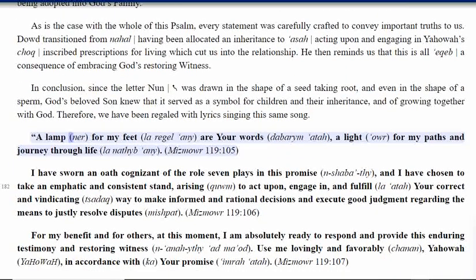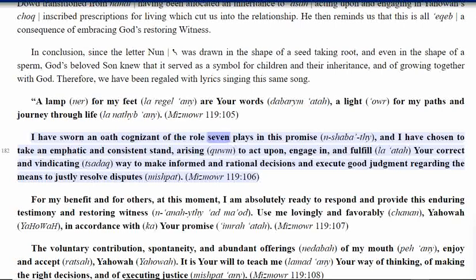A lamp, Ner, for my feet, La Regel Eni, are your words, Dabarim Otter, a light, or, for my paths and journey through life, La Nathi Beni. Mizmowr 119-105. I have sworn an oath cognizant of the role seven plays in this promise, En Shabbathai, and I have